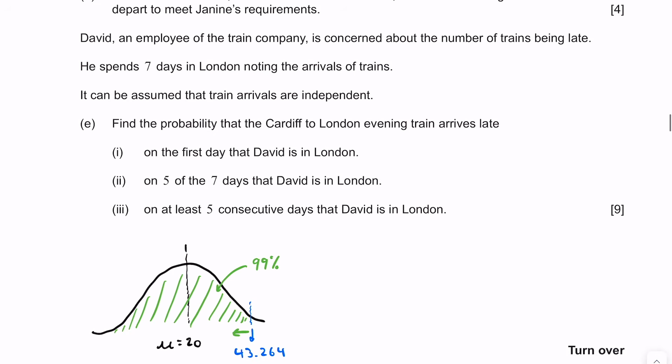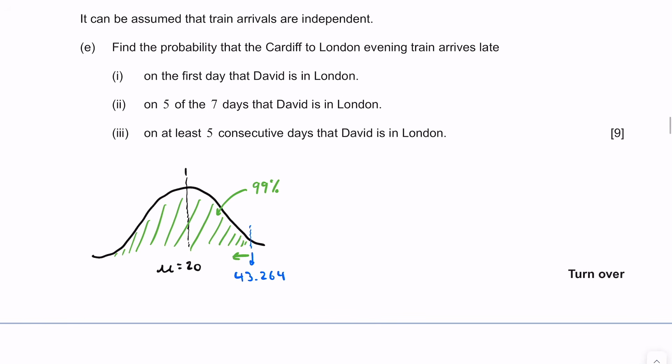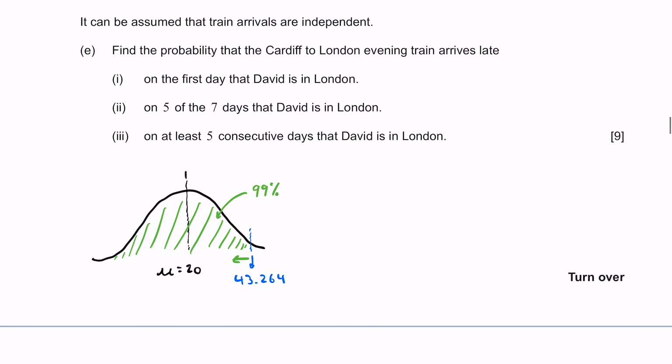So she can't just book a train at 6:43, for example, because she wants to have 10 minutes to change platforms. So in this case, what we're going to need to do to find this total answer is have 43.264 plus 10 minutes. So this is 10 minutes to change platforms. And overall, this will be 53.264, or to 3 sig figs,